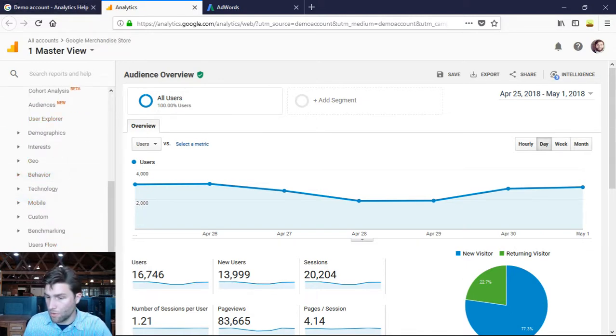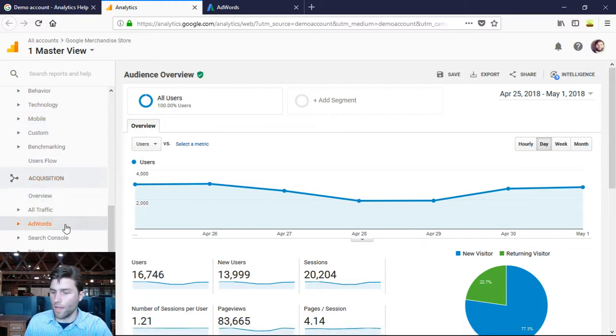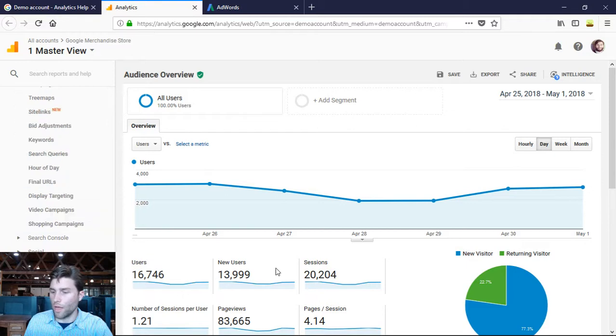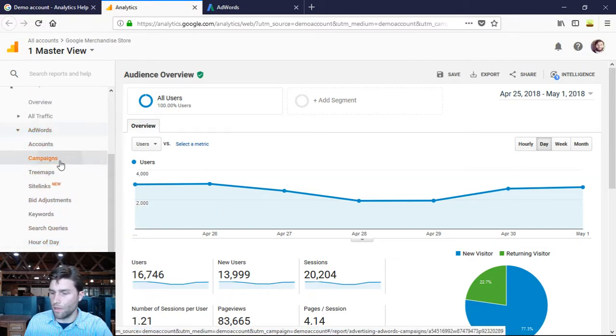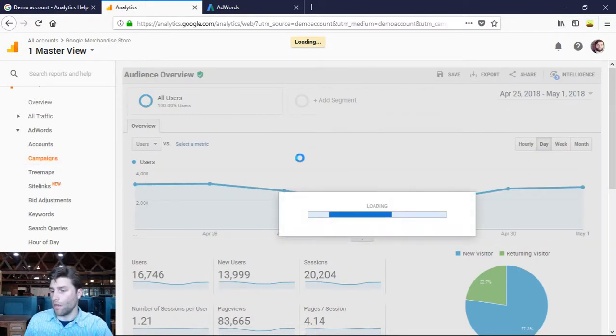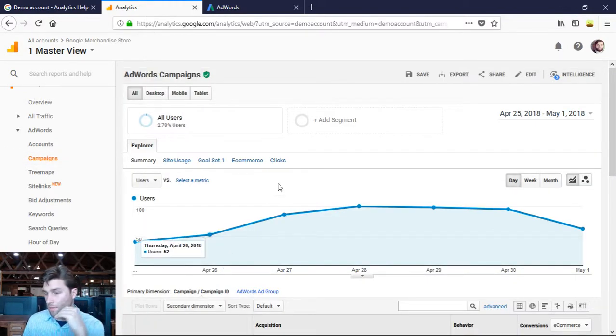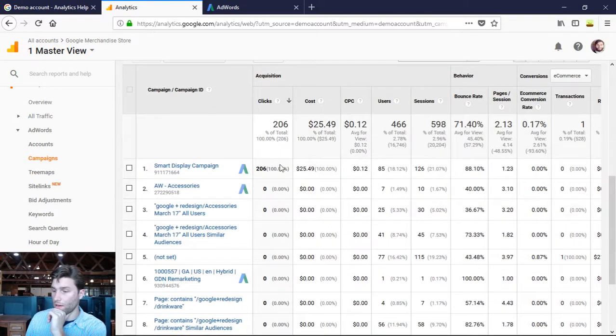But this is a demo account from Google. So if we look at acquisition down here, this is on the Google Analytics side of things. Once you have your tracking on, you can actually see what Google AdWords does. You can look at the campaigns individually. Through AdWords also you can do this, but this is through your analytics. It'll track everything, seeing how much you spend and everything right here. So it all goes together in the end. Your SEO, your analytics, your keyword research, all that is in the Google platform, all on one page under analytics once you get everything set up.